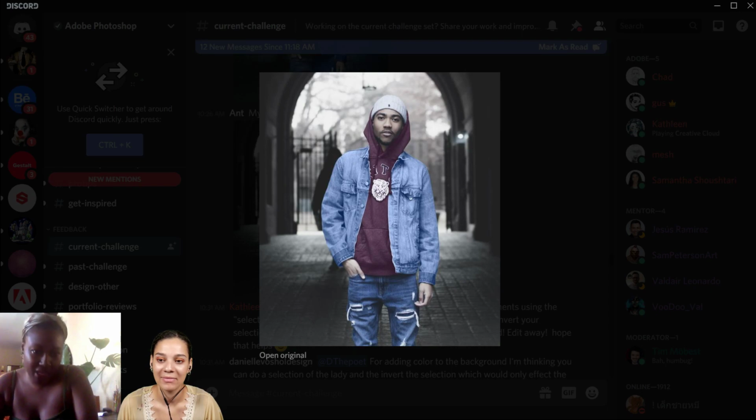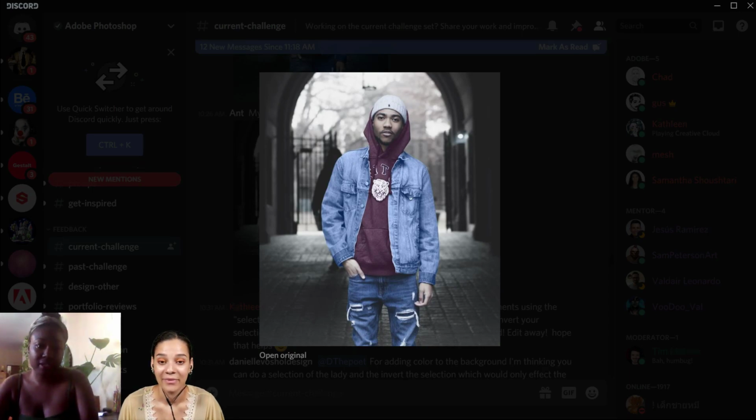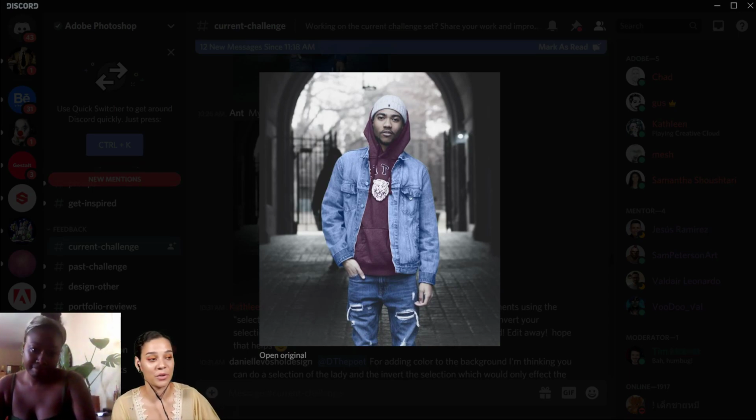And as for me, I prefer a bit more saturation. But as for the actual color separation and the cleanliness of the selection that I'm looking at, that's really clean. That selection is really clean of the foreground. Yeah, I agree. So that's awesome, Ant. Thank you so much for sharing.